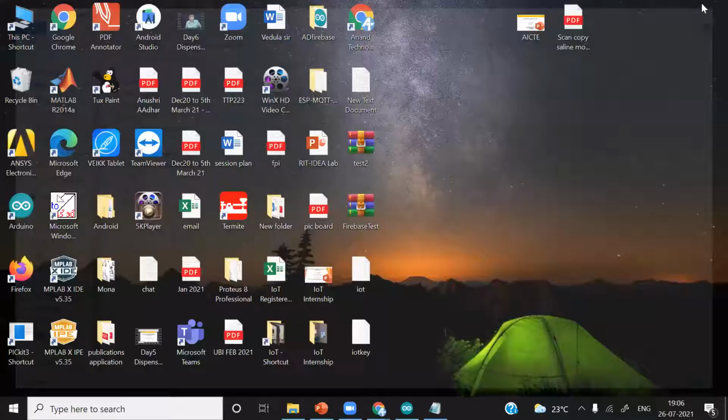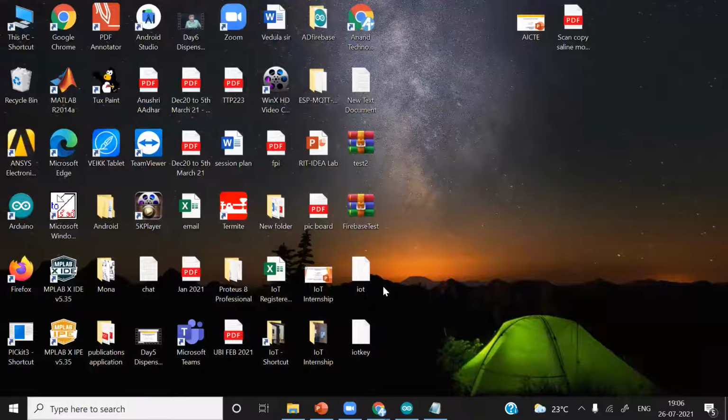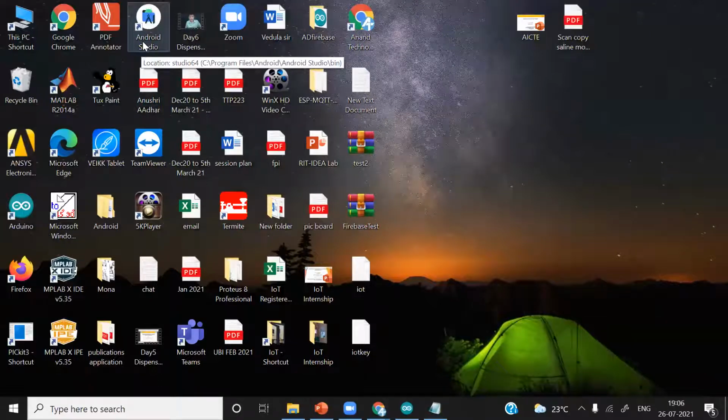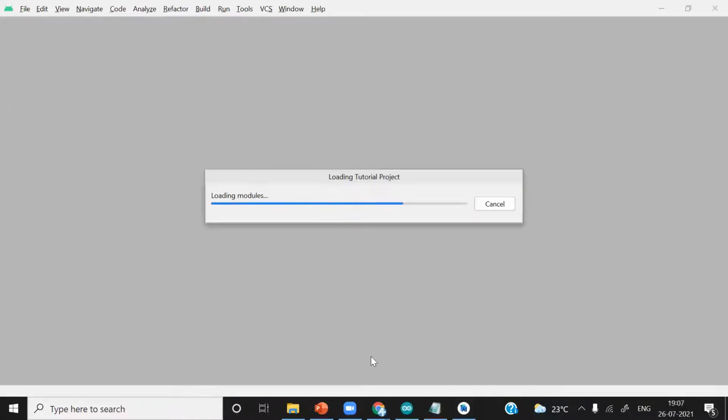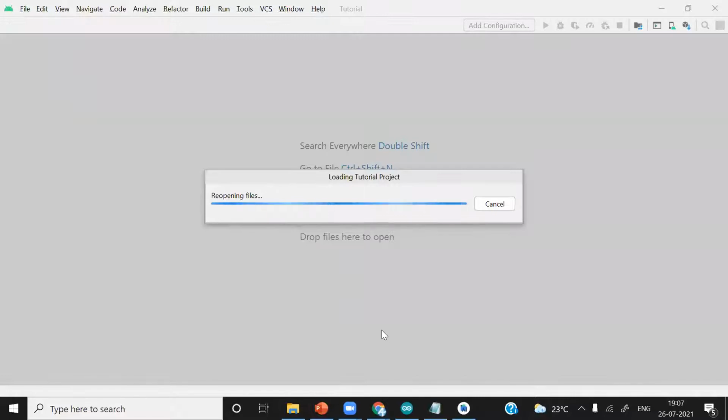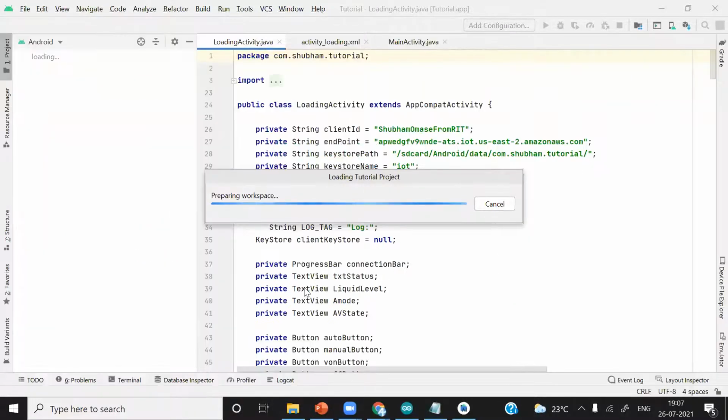I'll close this one also. You can see here, I already had some trials, so that was earlier. You can see here this IoT key. Now in tomorrow's session, we are going to add this in our Android application. So I'll just simply open Android Studio to give a glimpse of what we are going to do tomorrow. So we are going to use this BKS key store. So you can see